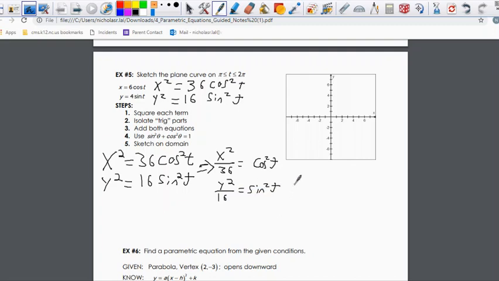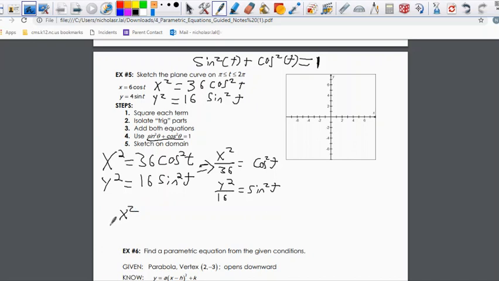So we can add this up, and we know the trig identity. So this goes back to your trig identity: the sine squared of t plus the cosine squared of t is equal to 1, which means that if this is equal to cosine squared of t and this is equal to sine squared of t,